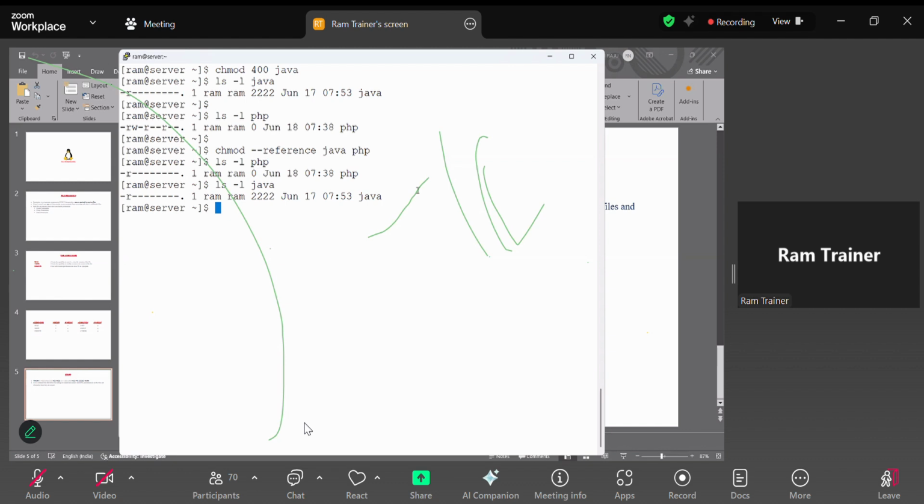Okay, so this is the file permissions concept. And tomorrow I will explain one more important concept, process management. I mean, in a real environment, how people manage processes: what the top command is, what a foreground process is, what a background process is, and how to kill a process. You will get a lot of important options, especially for monitoring and managing your Linux operating systems. So tomorrow I will explain process management.